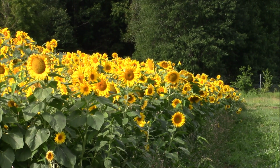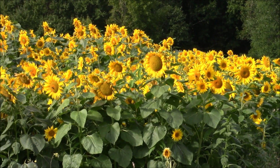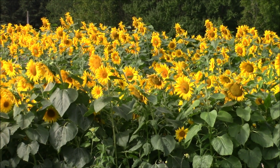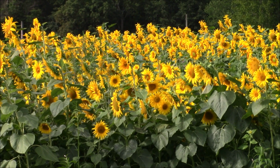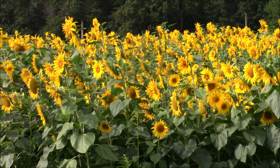In this variety here, I want to mention that too, I get from Johnny's Seeds. They are the Pro Cut varieties, and they're just gorgeous. Now there's all different types of sunflowers. These are single stems. There's some bunch flowering stems in there too, but you can see how beautiful this sunflower field is. And imagine cutting all these sunflowers, at least 2,500 of them, and putting them in large garbage pails